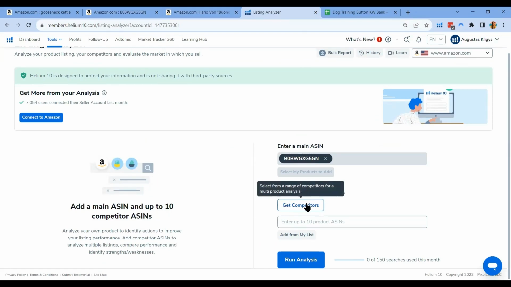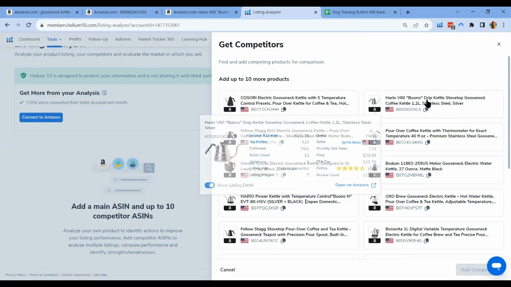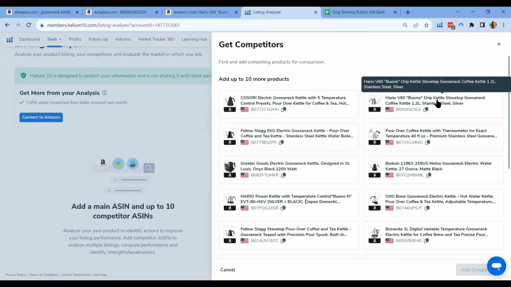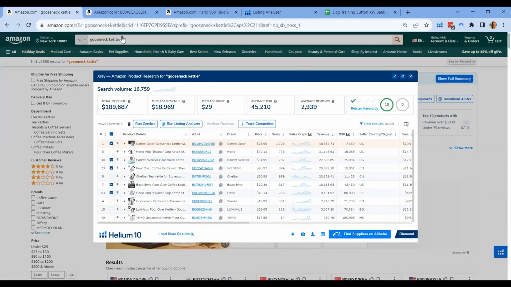So you just have to select here the same features, the same size, and the same color, and at least the same price point to ensure that the data that you're capturing is relevant to comparing these ASINs to your main ASIN. What I did here is I did a search on Amazon search, typing gooseneck kettle, and this is really a very well-performing product which has an average revenue of 18,969.